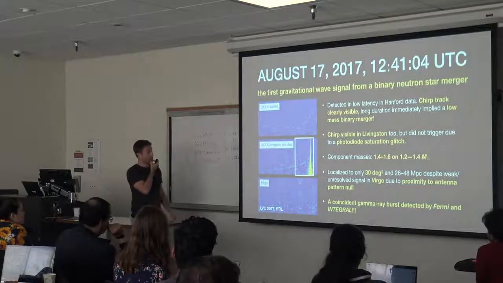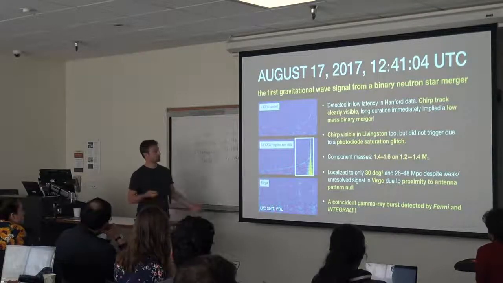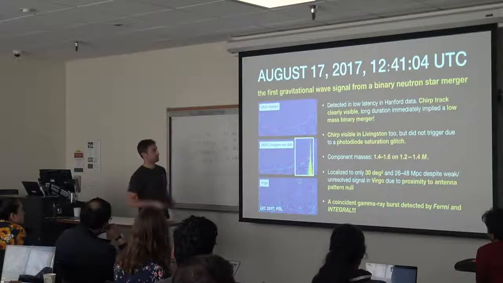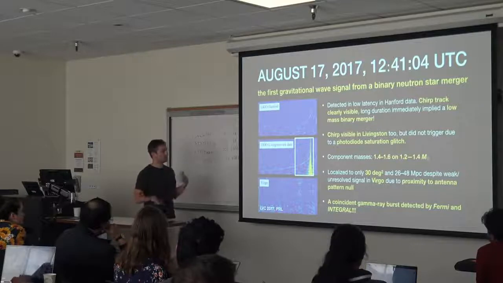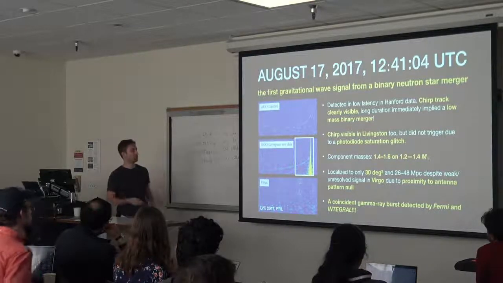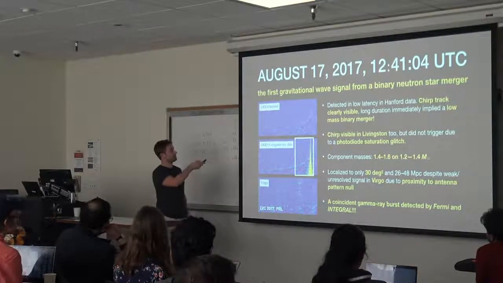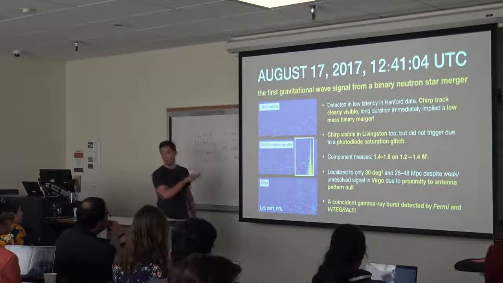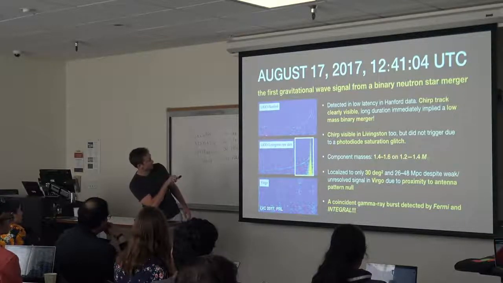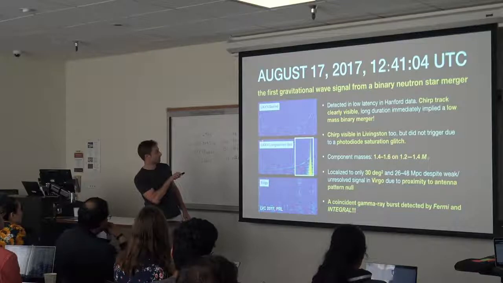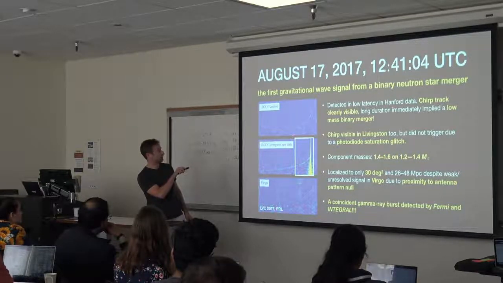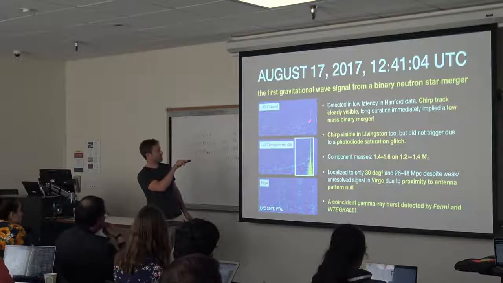So the way this works, this is probably the best example of how we detect and localize sources with multiple detectors that we've had to date. So this is, of course, W717. It might be hard to see from the back. These are time frequency maps. On the horizontal axis is time, on the vertical axis is frequency, and these are spectrograms. So you can see there's this very, very thin trace here of